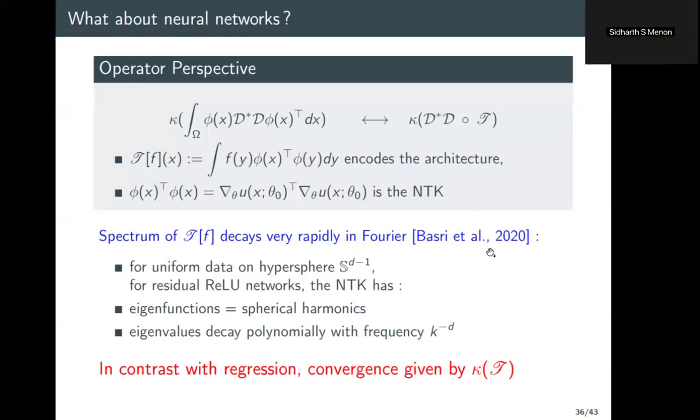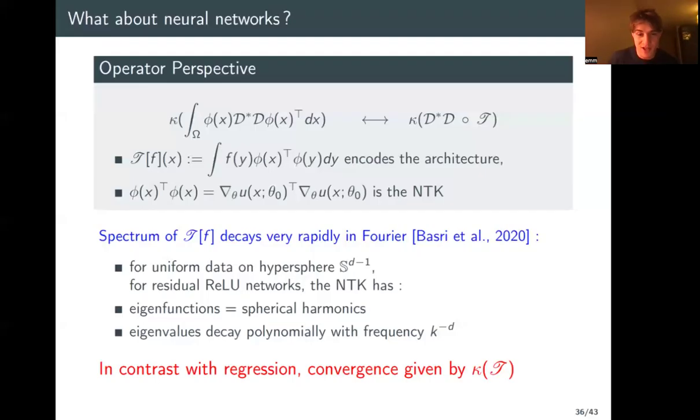I have a question here. Previously, I think you showed that the conditioning was dependent on D star D in the regression case. I think during that time you also mentioned that your phi needs to be orthonormal, and because of that, your T goes to identity. So your D star D is what is deciding your conditioning. But here, you're saying your conditioning is dependent on T, but does that mean your D star D is going to identity, or is T dominating over that?